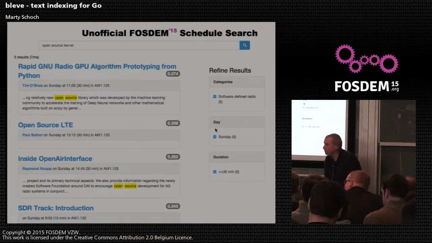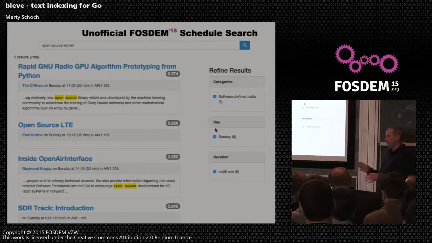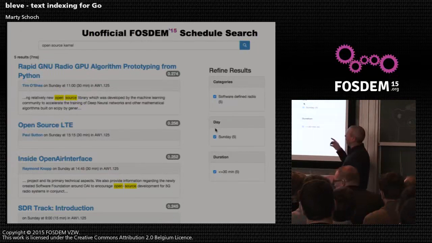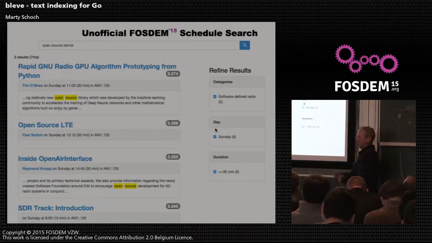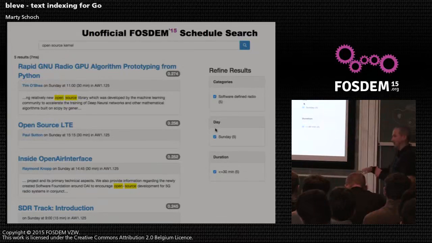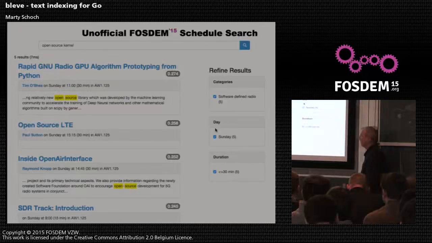Is it possible to update the index as well, or do you have to rebuild it? If you want, you can update the index. What you can't do is change the mapping. So you commit to your mapping, and it's very much like other products in that way. The version that's online, this is one that's just running on my laptop. There's a hosted version of this online. Every hour, it polls the schedule and essentially updates all of them one at a time, in batches. But yeah, index updating is very similar to the way you initially insert it.